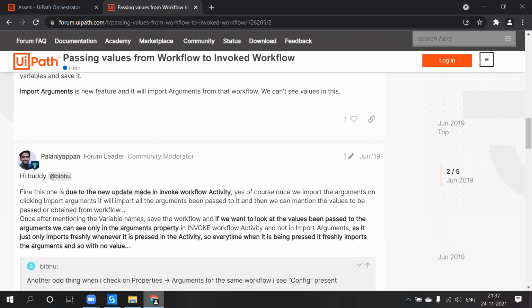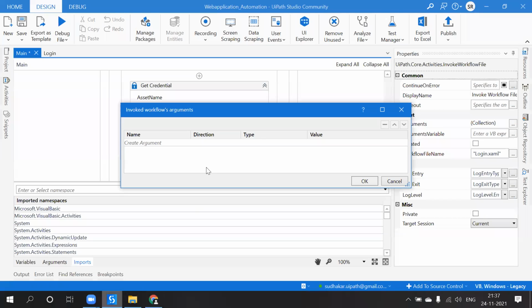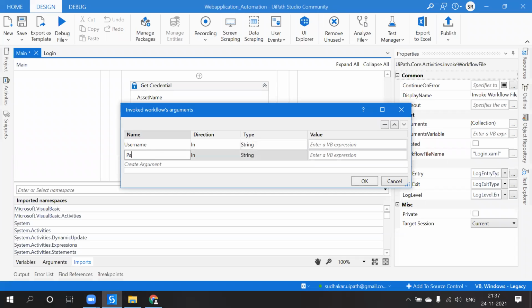Arguments property in invoke workflow activity. Password.